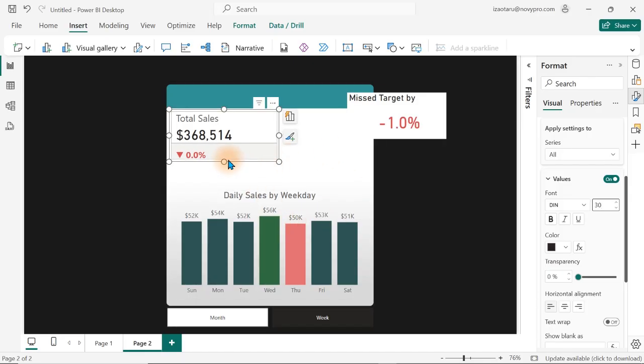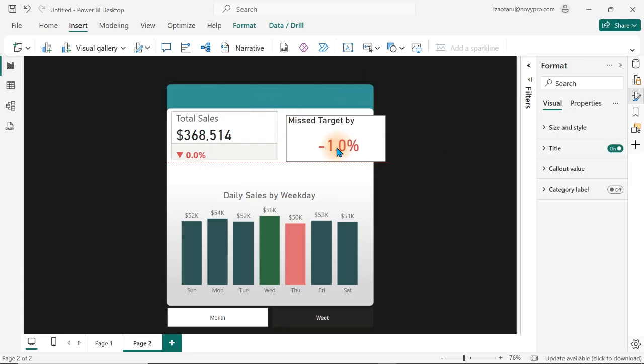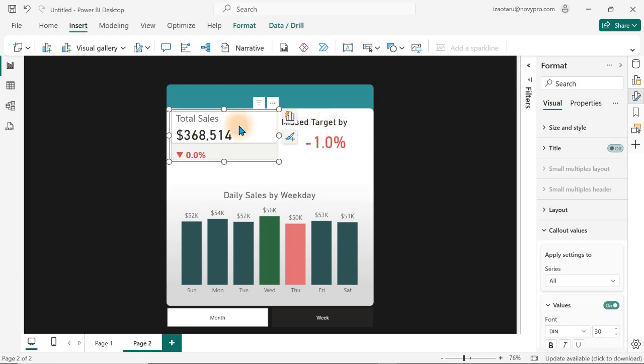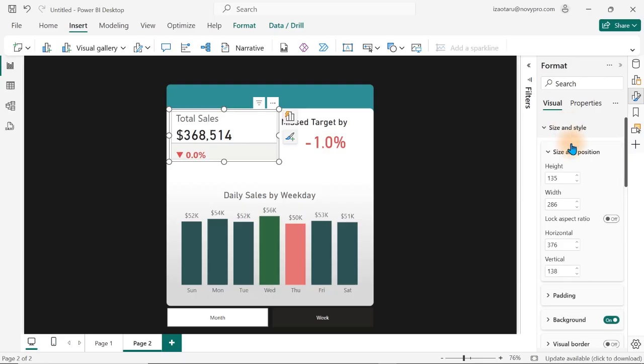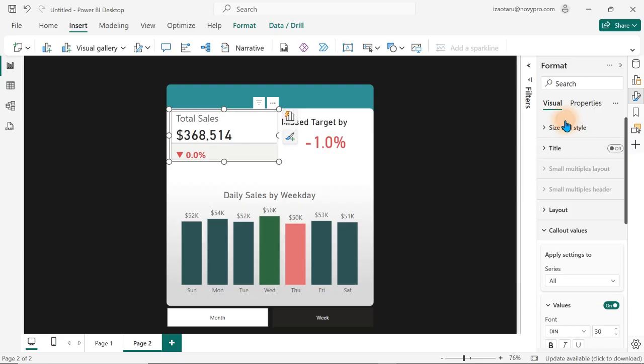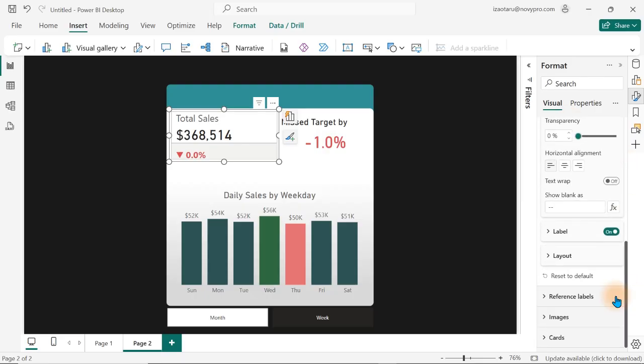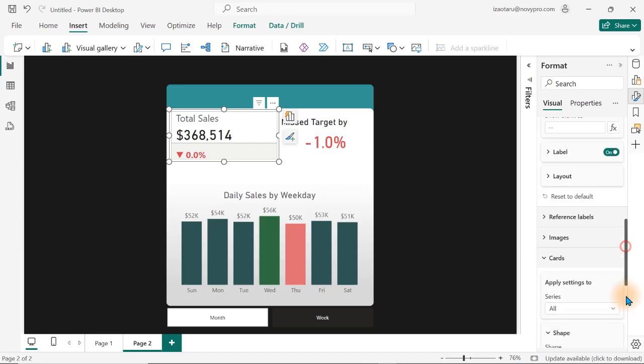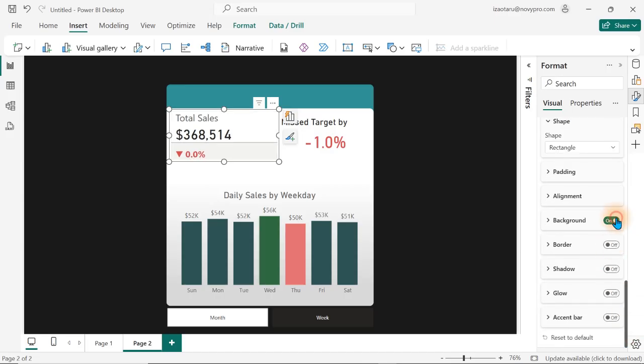So in this case, this one now should be right here. Okay, so quickly let us format this one. Over here, we just turn off the border. So we go all the way down. We open up the card. We go down. We take off the border and take off